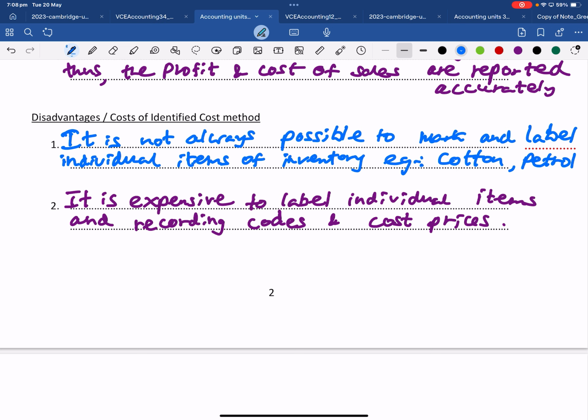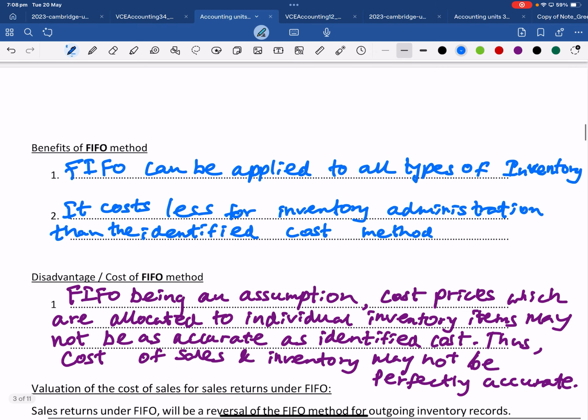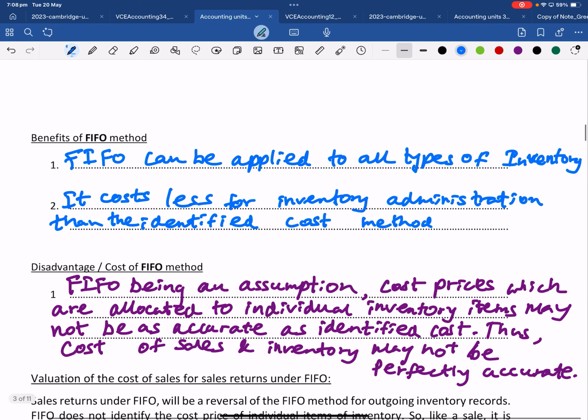Disadvantages of the identified cost become benefits of the FIFO. The disadvantages of the identified cost become the benefits of the FIFO. For example, FIFO we can apply for any type of product. Remember last time, could we apply identified costs for any item? No. Right? So then